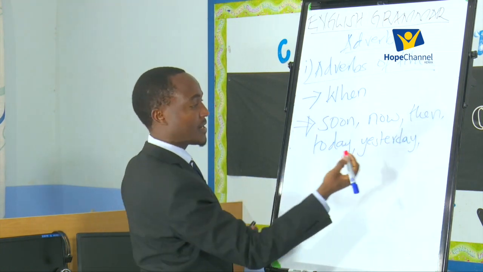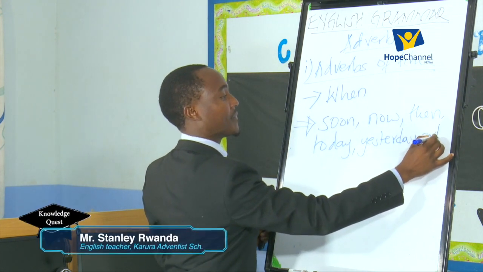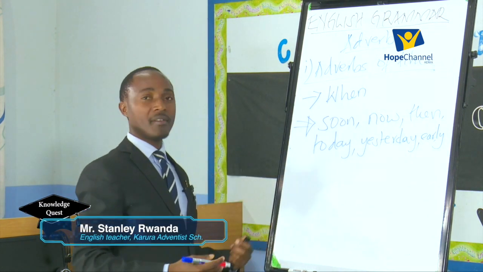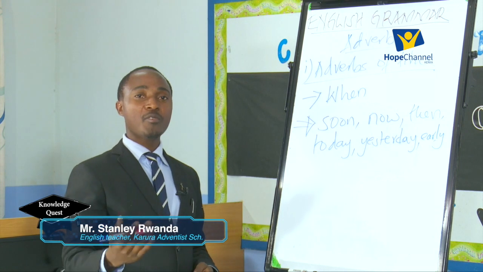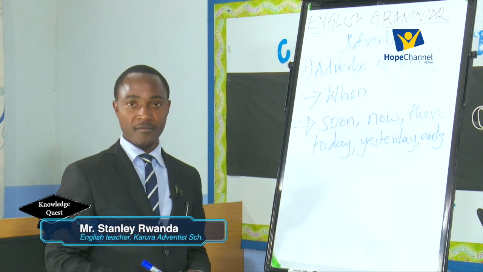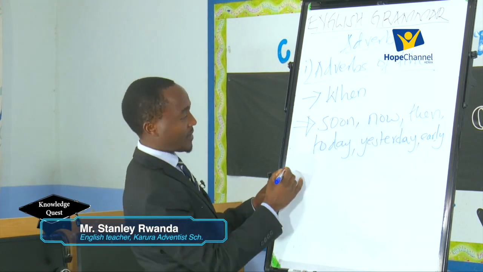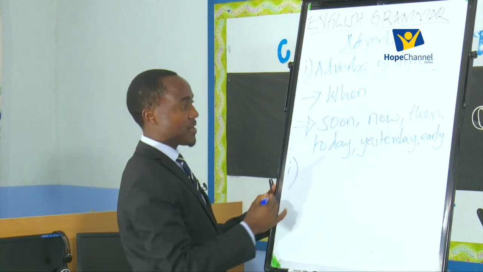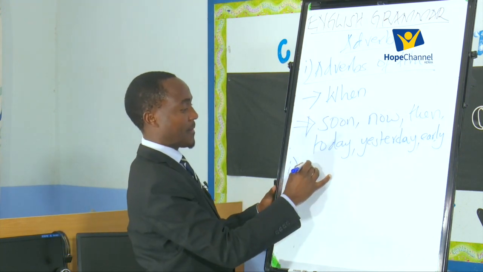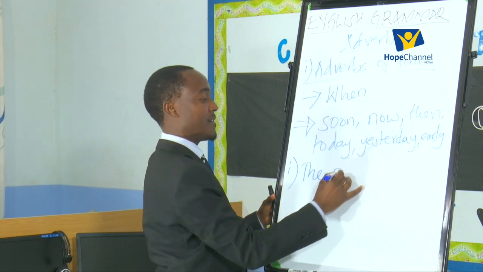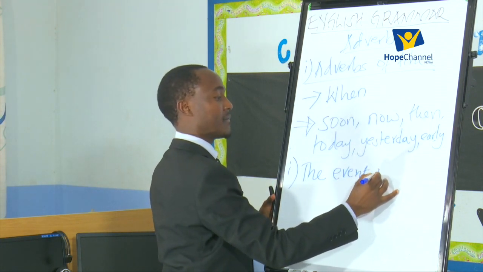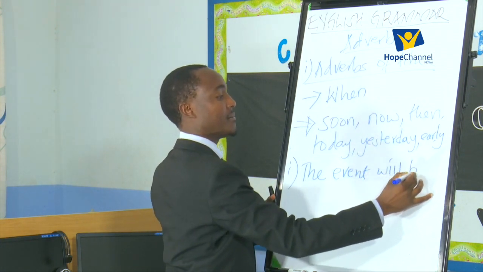We also have, for example, early. All these are examples of adverbs of time. But now, how do we use them in sentences? For instance, if we were to say, for example, the event will begin